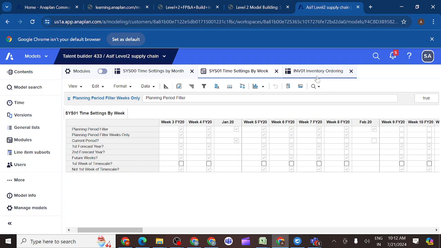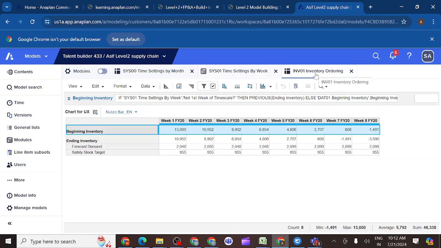So whatever filter we apply, whatever formula we write, it basically follows that source and the instructions we provide. So that is the reason, whenever you get a wrong value and wonder why you are not getting correct values here, we should check this formula. If we are writing a formula, is it correct? From where are we getting the data for this module? You can see we are writing this formula or filter from system 01 time setting,